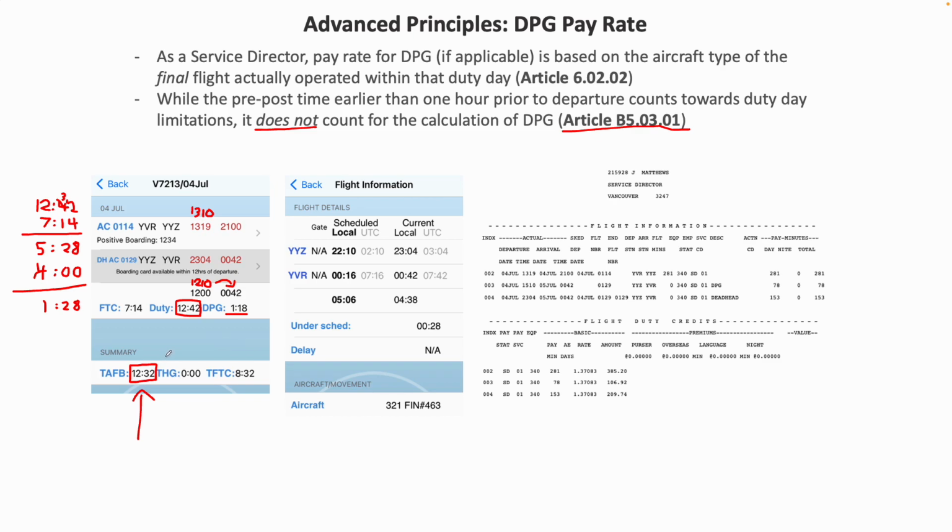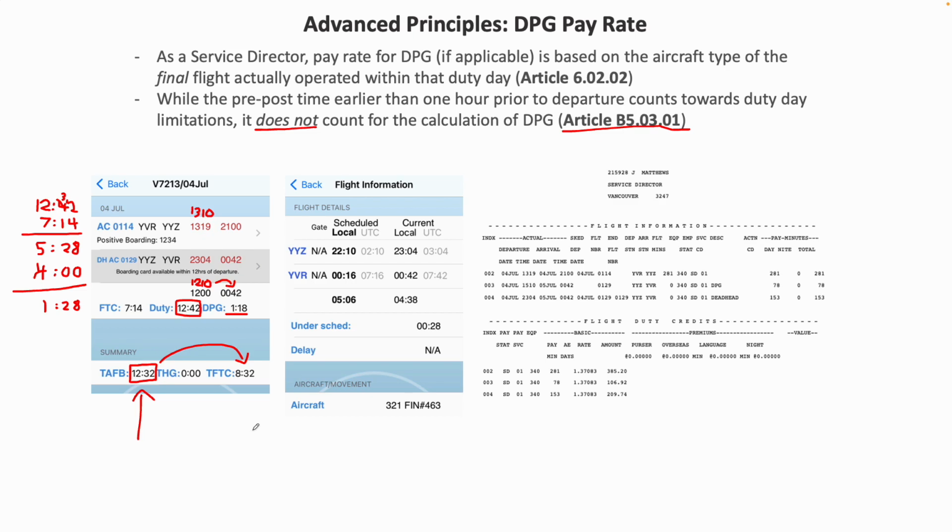So in this case, we see, looking over at the TFTC for the pairing, so total flight time credit, that 8 hours and 32 minutes have been paid, and that is precisely 4 hours less than the time away from base. And that's based on, again, the language found in Article